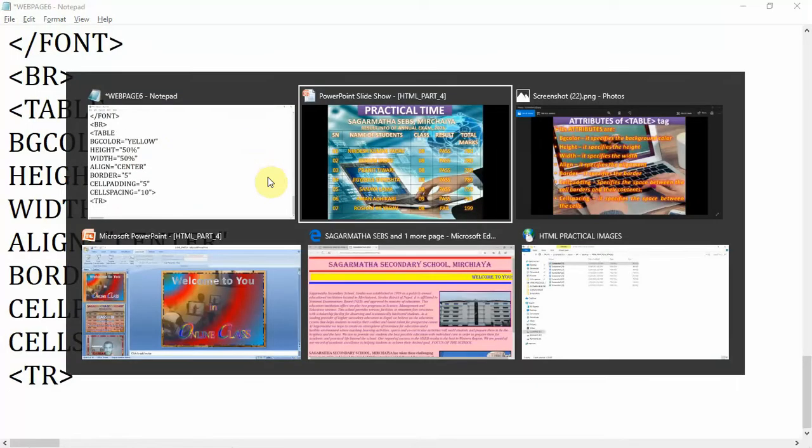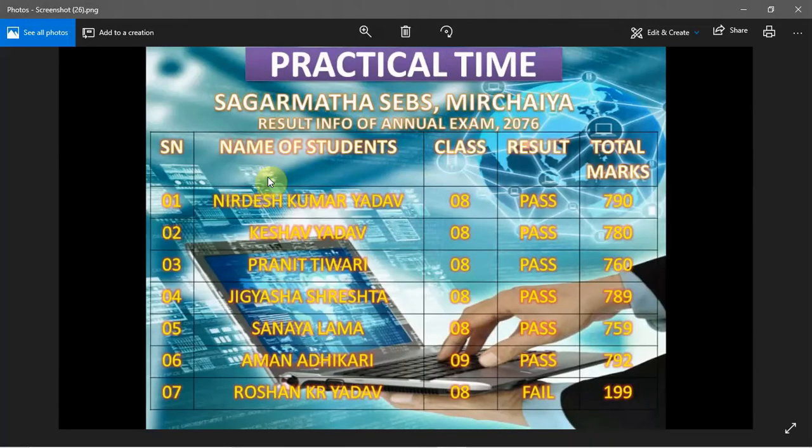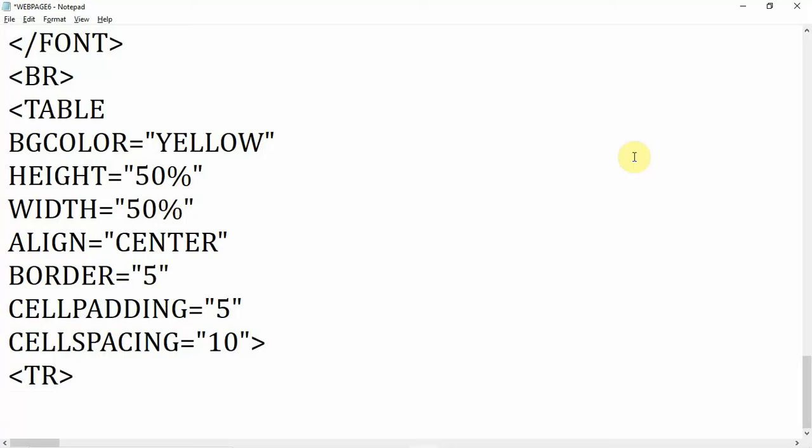I want to show you, from here you can see first of all we are going to insert serial number, the name of a student, then class, result and total marks. So first